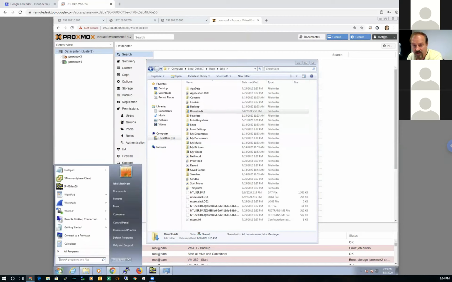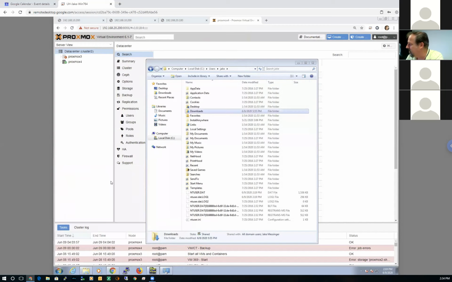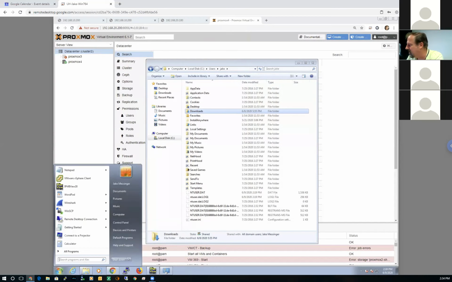Now, for those of you that aren't Windows people, I'm assuming everybody in here has at least used a Windows machine before. But I'm just going to point out some differences between Windows 7 and Windows 10, because these are things that you're going to be needing to look at often. Instead of computer, it's called this PC in Windows 10. But if you click on whatever button is in the lower right-hand corner here, unless you've moved it around, you know, you can customize these things because you have admin access. But I don't recommend going too far away from the customization.